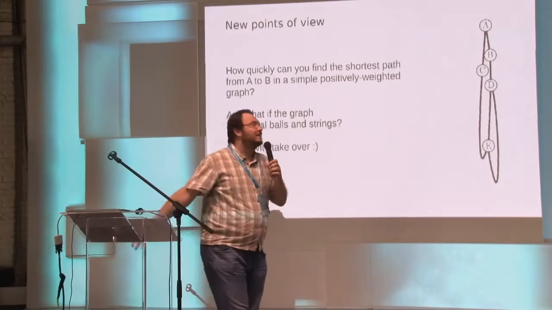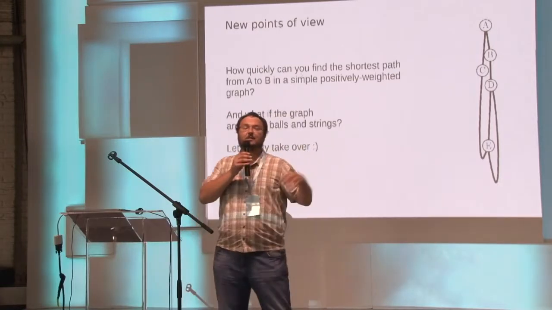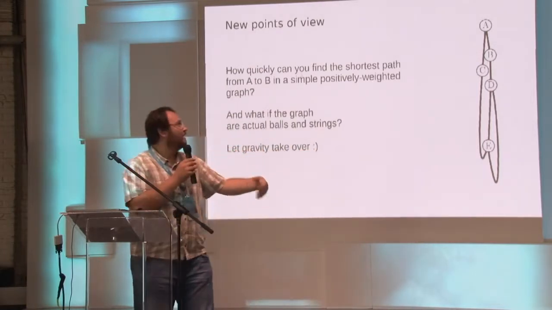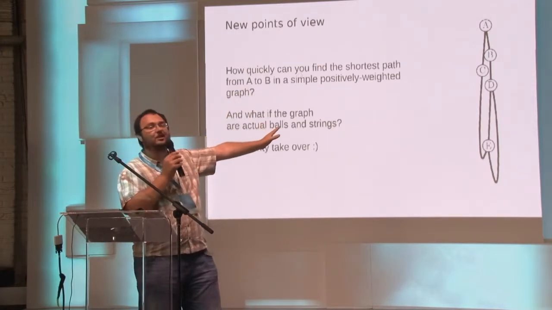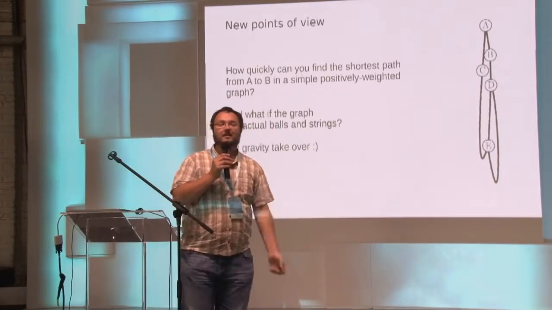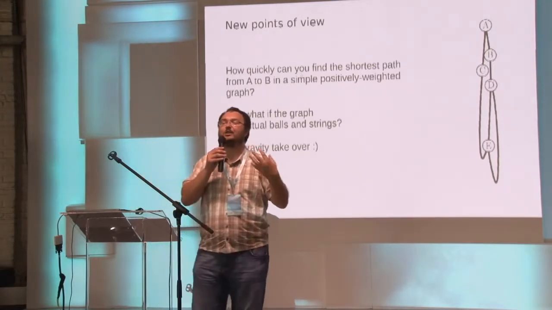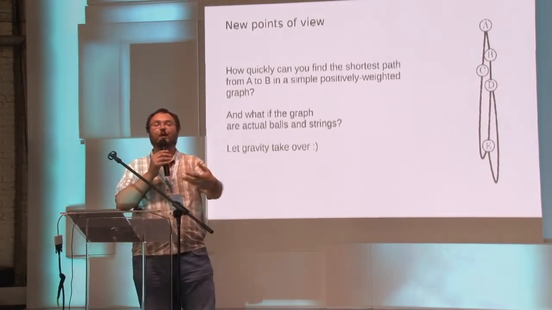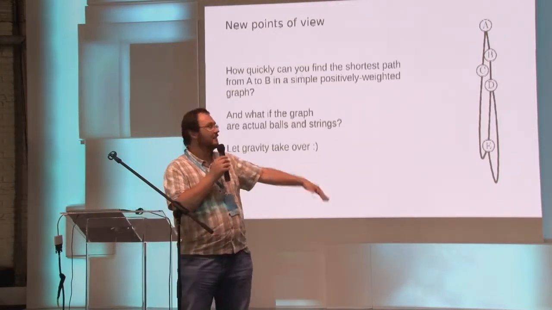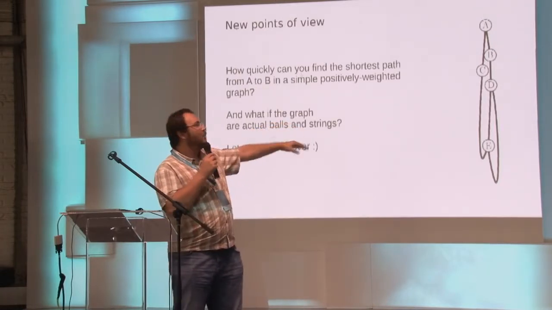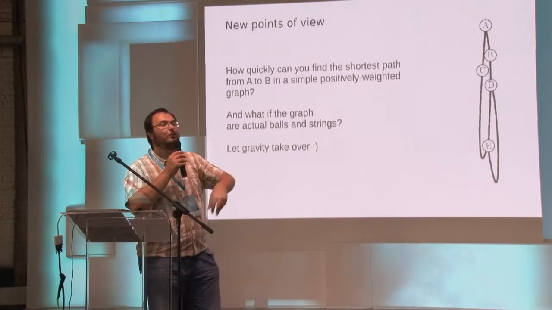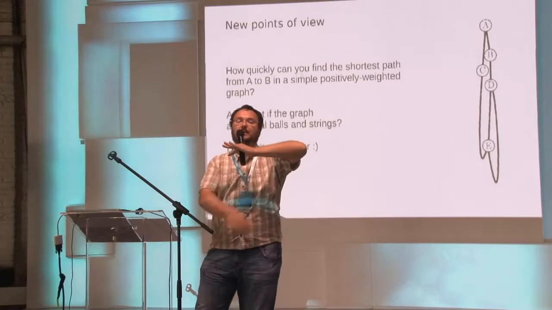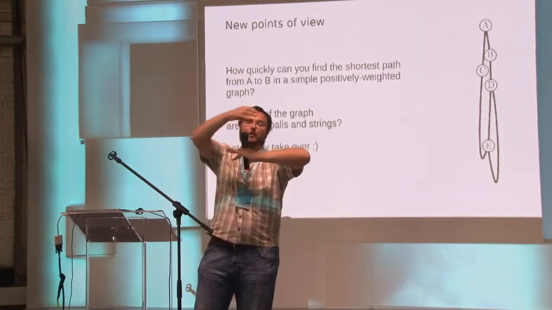Now, what is the point of asking such questions? The point is that this actually brings you deeper understanding of Dijkstra's algorithm. Dijkstra's algorithm is just constructing the very same gadget from the top to the bottom, and now with this metaphor, with this visualization, we understand what's going on. We can easily prove its correctness, because the proof of correctness of Dijkstra's algorithm is essentially saying, if you have a ball at some weight, and then you add some strings below, it will not pull any ball above. So, if there is a line like this, and you are adding some strings here, those strings will never pull a ball somewhere here.